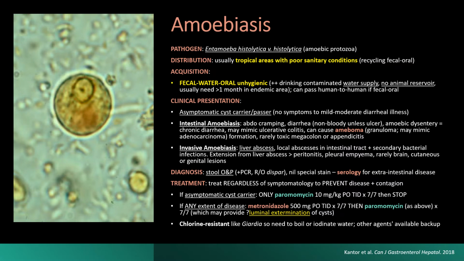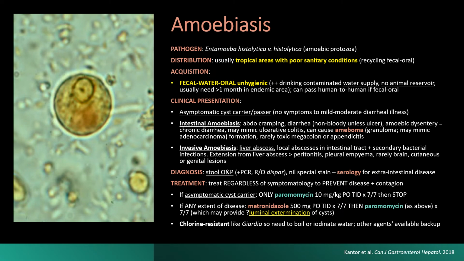It is more localized to tropical areas and Southeast Asia particularly, with contaminated water supplies in bodies of water which are niduses for recycling fecal-oral spread related to poor hygiene and fecal contaminated water. There is no animal reservoir, and transmission is fecal water oral, but can also be passed human to human via fecal-oral routes as well. Infective cysts are ingested and can cause asymptomatic carriage, patients becoming infectious vectors if they do